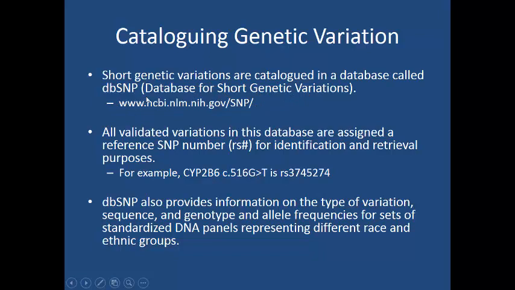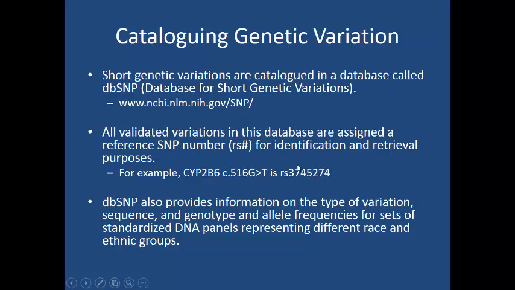Again, when you're bored on a Friday night, you can go onto this website and plug in your favorite single nucleotide or whatever kind of variant that you like to research. All validated variations in this database are assigned what's called a reference SNP number, or an RS number, for identification and retrieval purposes. For example, this variant that I just showed you, the 516 variant in the CYP2B6 gene, the G to T variant, it is tagged as